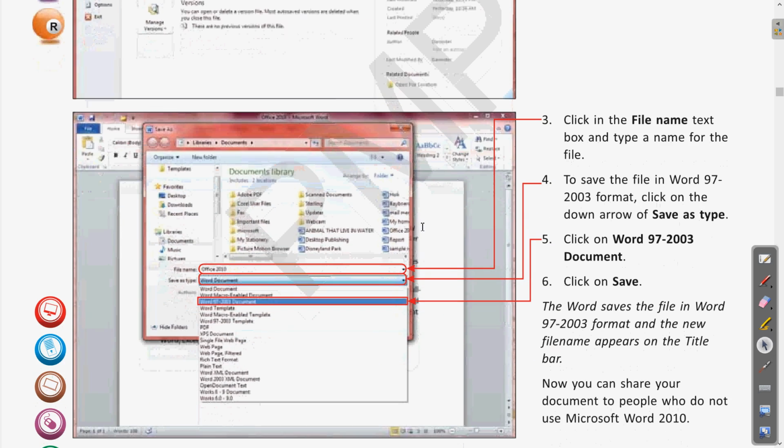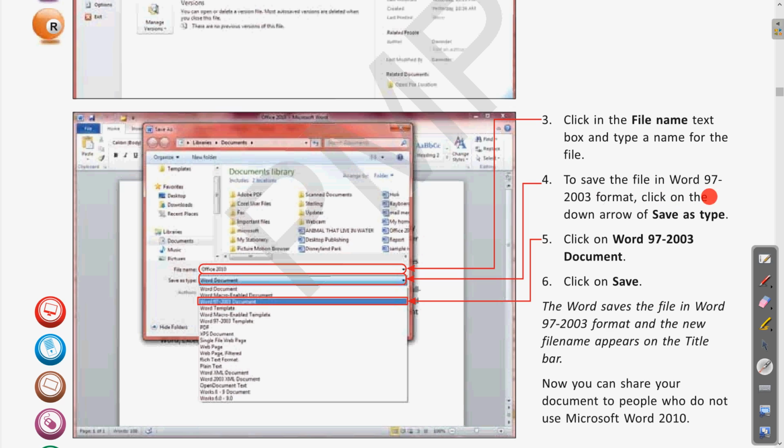The Save As dialog box will open like this. A new window will open in which it will ask you again for the name of the file and the place you want to choose. Let us see step 3. Click in the file name text box and type the name for the file. So here is the file name text box where you write the name of the file.